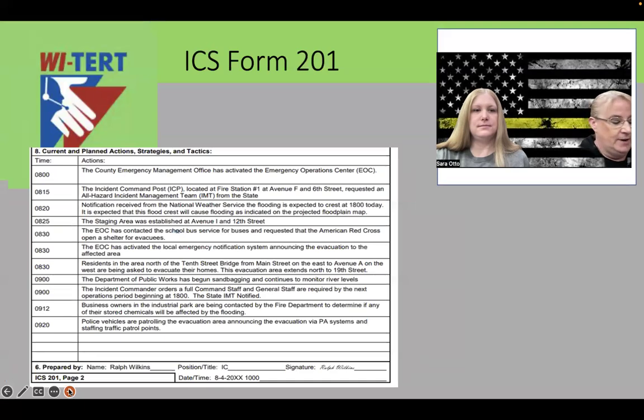This is where it gets fun. Section 8 here. So your current and planned actions, strategies, and tactics. You're going to see the time column. You're going to see the actions column. You can write and write and write, and you're going to want to write everything that is being done, because when you pass this document to the next group that comes in, they're going to refer to your document